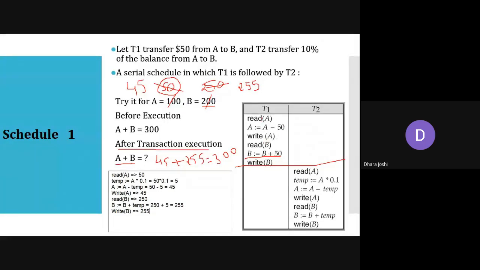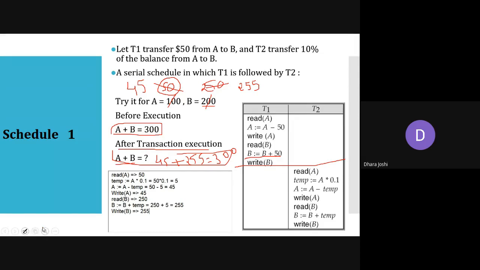So we can say that when we execute the transactions, ideally it is not parallel, because it is serial. Once T1 is completed, after that we start T2. One by one, once each transaction is done, the database is consistent. Consistent means the total before execution is the same as the total after execution. So we can say that it is consistent in nature.